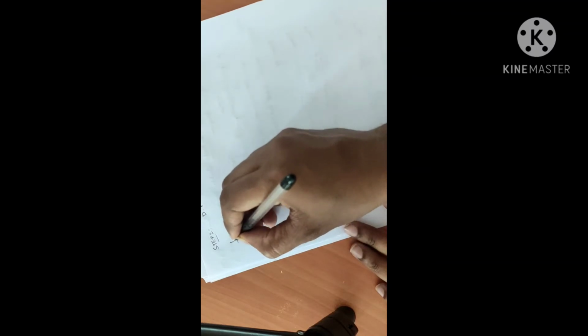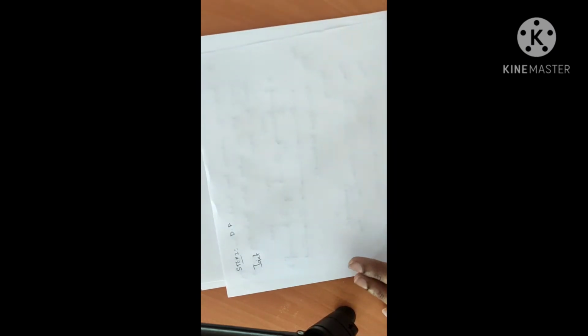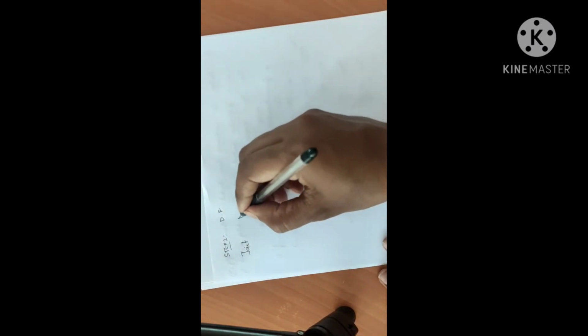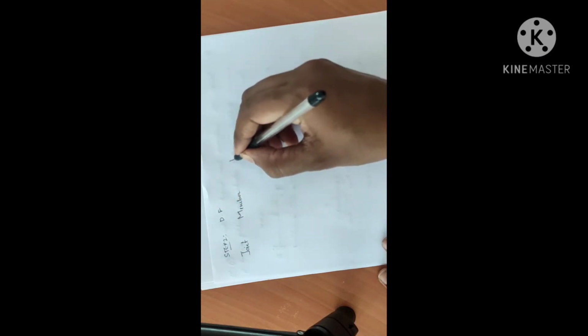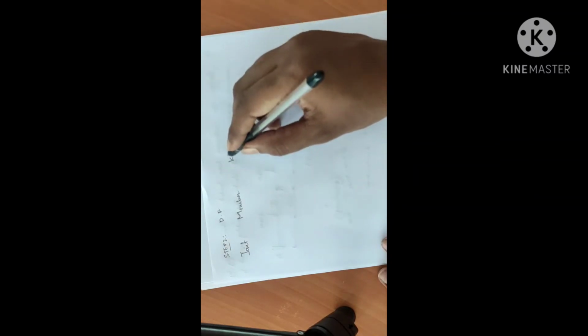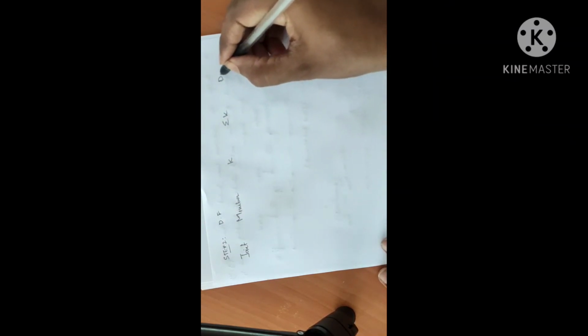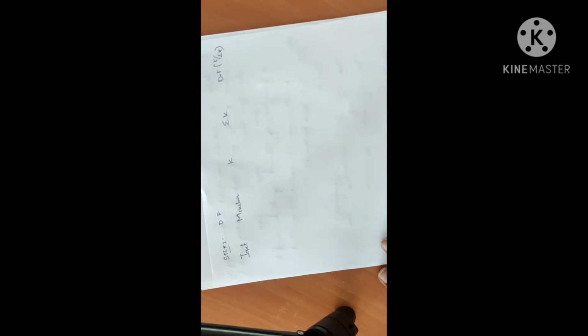Step 2 is the distribution factor. For the distribution factor you have a tabular column; it is calculated in tabular form. First we should consider the intermediate joints. This is the procedure you need to follow. For each joint, what are the members along with that joint? Then the stiffness factor: there is something called the stiffness of the member, K, which depends on the support, and the summation of the stiffness at that joint. Finally K divided by summation K gives you the distribution factor.